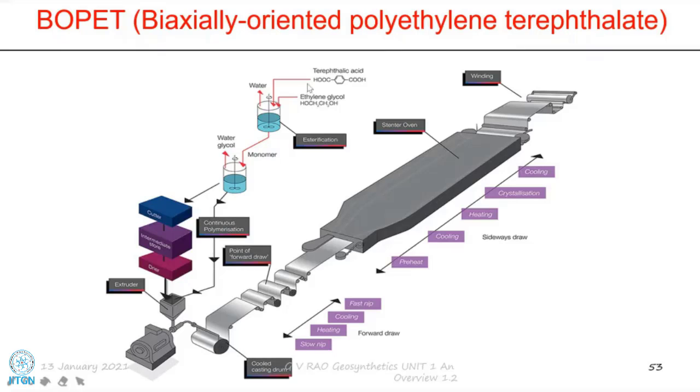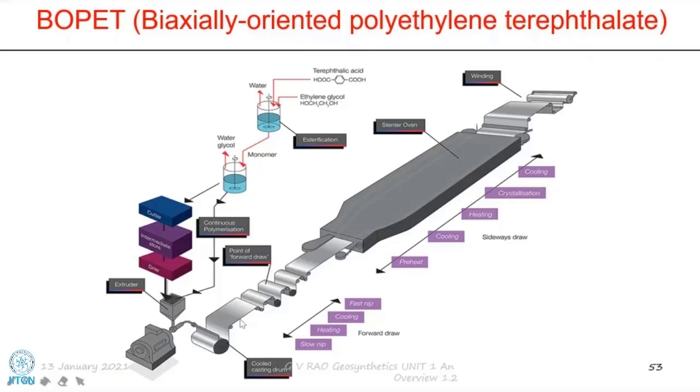Okay. So initially we do this under some conditions, and we produce a monomer of that PET, and then of course we produce a polymer out of that ultimately. And then either we allow that to go directly to polymerization, and then it is fed into the extruder, and then it is extruded through, again, a sheet die. That means a single line notch is being done, and then it is coming out as a sheet